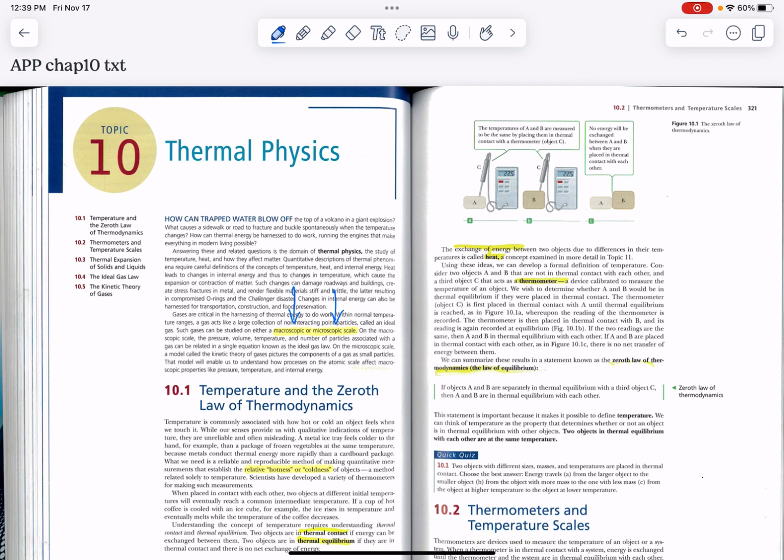Both of those are going to give us information that helps us to have a complete picture of just what is heat, how does it get from one place to another, what's responsible for it, how are we going to be able to measure something that we call temperature. Hopefully you remember from chemistry that temperature is the measure of the average kinetic energy of the particles of a substance. So if you go all the way back to the foundation of chemistry, and that is that everything is